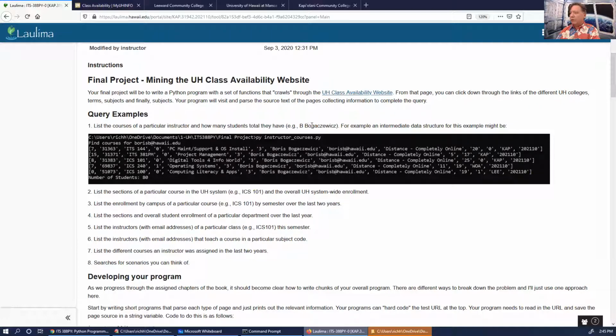So, for example, take Boris. Boris teaches in our department. Boris teaches at a lot of campuses. So this is an example output that I've drummed up. I've written this. This is as far as I've gotten with the project. The query finds the courses that have this email address for the instructor. That's how this query works. And it returns